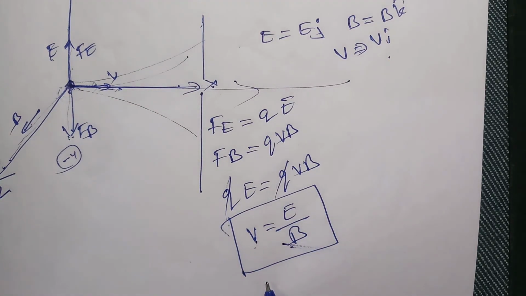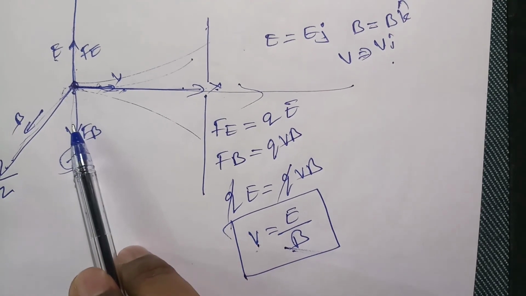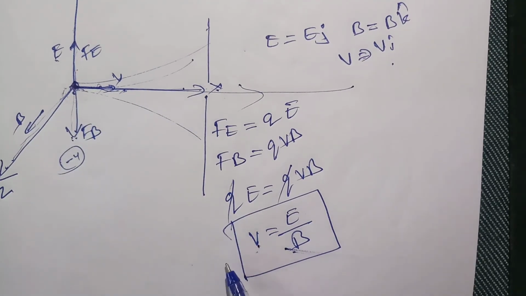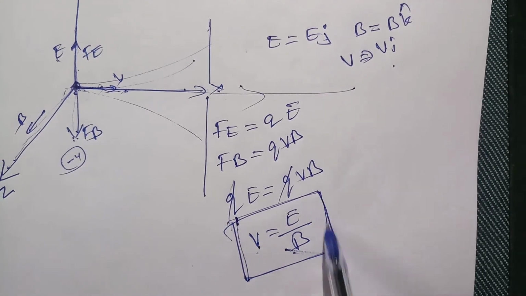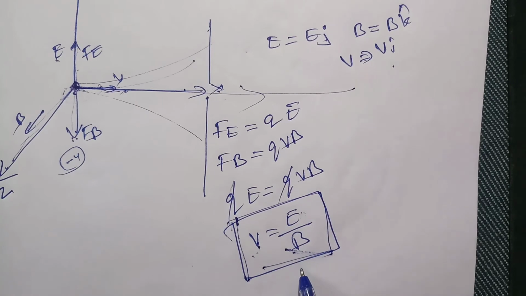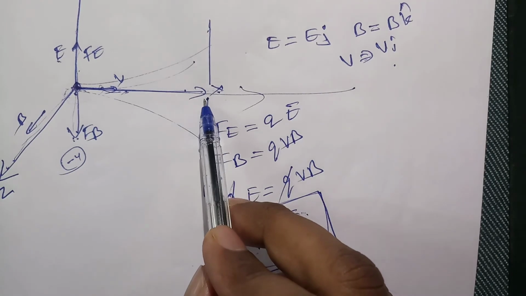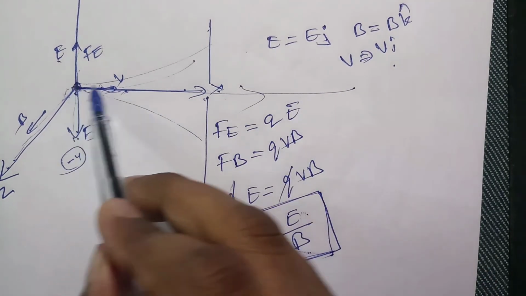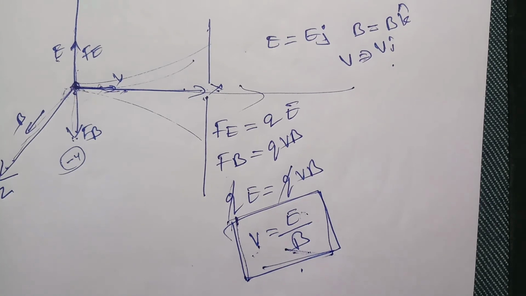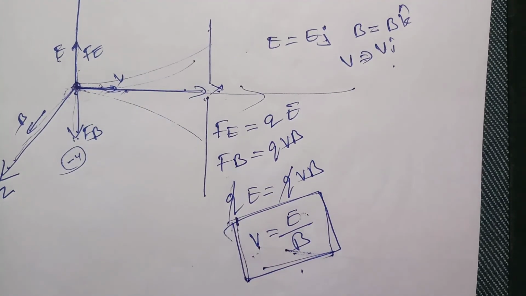So this velocity selector is used in many instruments, just like the mass spectrometer. In the case of the mass spectrometer, you will study about that in chemistry, I think. So there you will study how it works. So this is the equation for the velocity selector. That is v is equal to E by B. By adjusting the value of the electric field and B, that is the magnetic field, you can select a particular velocity particle through this small gap. The particles with remaining velocities will go up or down. So you can select a charged particle with a particular velocity. Velocity means we can select a particle with a particular kinetic energy.